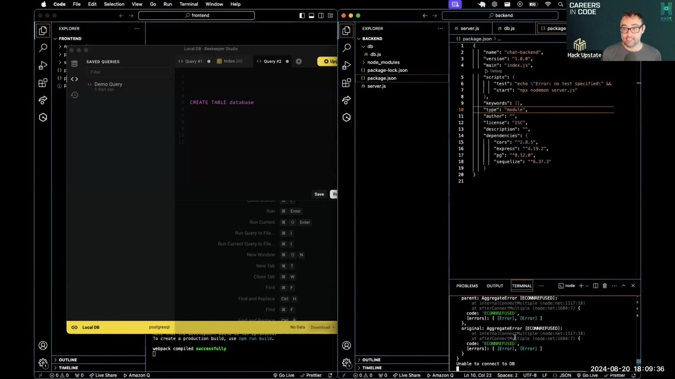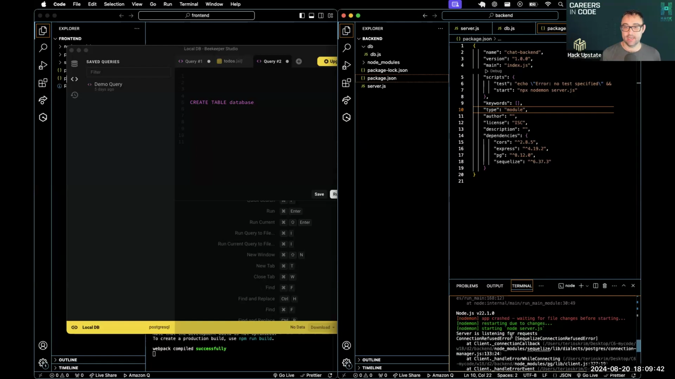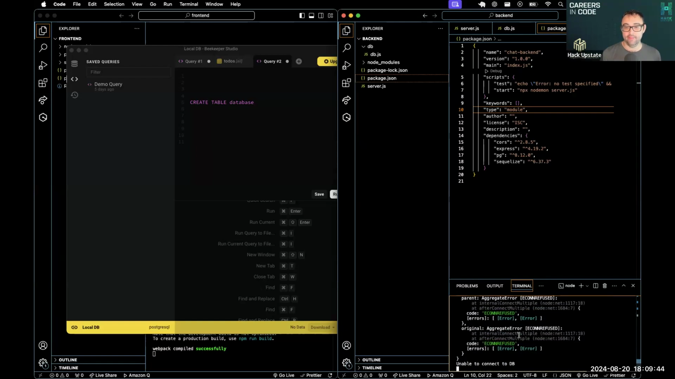Now, we fixed that, so that's good, but we have a different error. And this is what it looks like when we can't connect to the database. It says connection refused error. And then down at the bottom, it says unable to connect to DB. So at least we know our try catch is working. Over here,